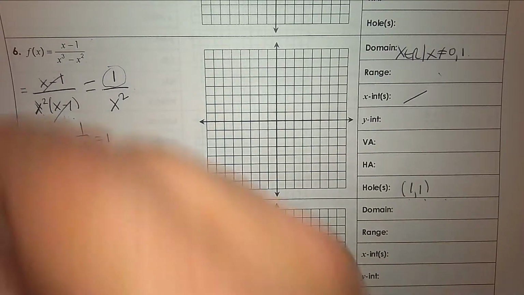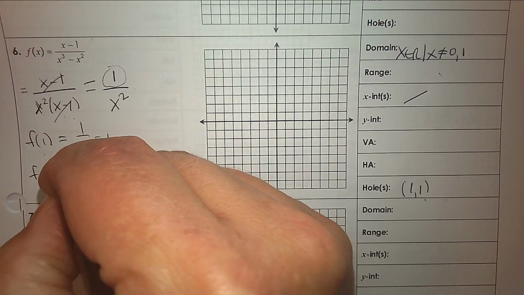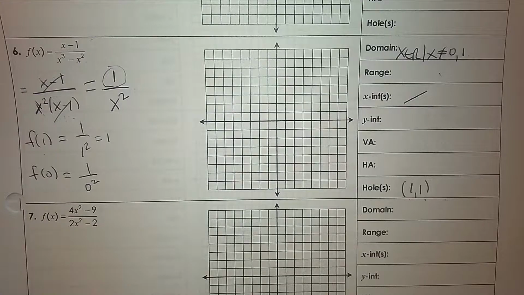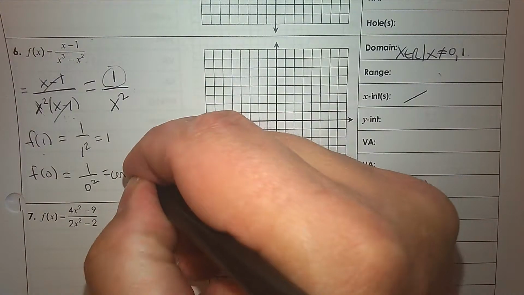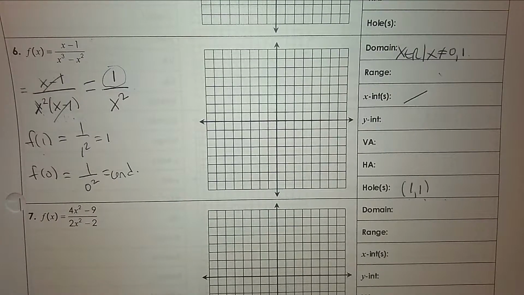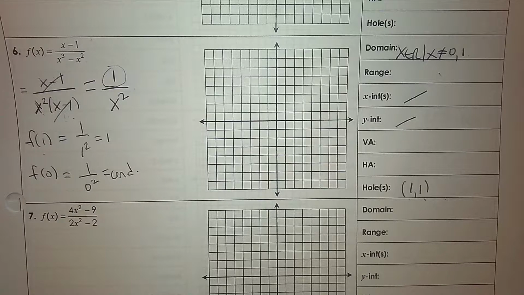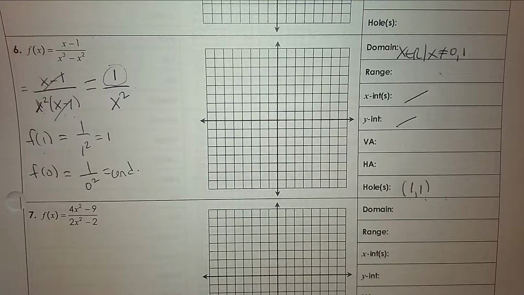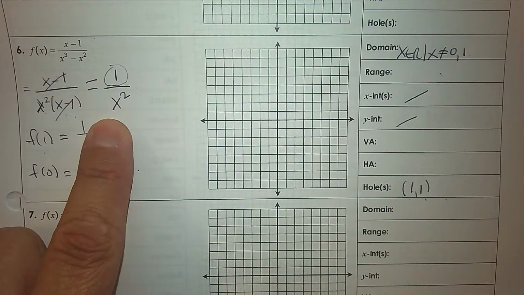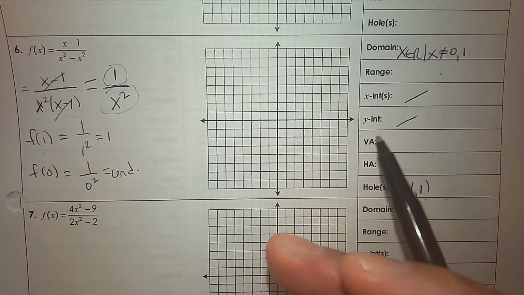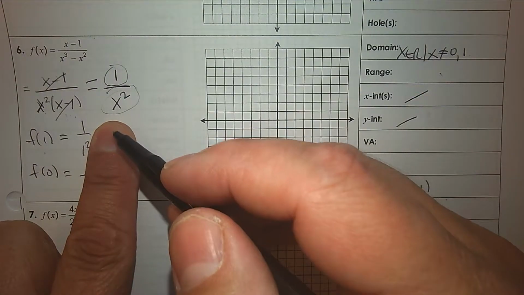Y-intercept. So what number do I plug in to find the y-intercept? So when I plug in 0, what do I see? I end up with 1 divided by 0. What does that mean on my graph? There is no y-intercept. It makes sense, because why is there no y-intercept? Well, that's because what's left over in the denominator, x squared, what's the 0 of that? And the answer is,